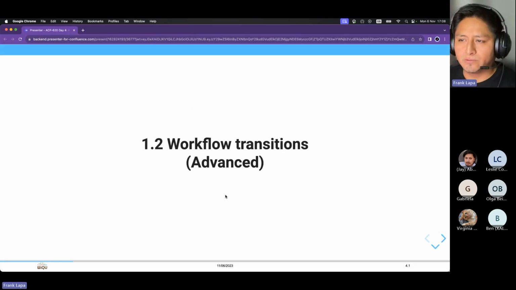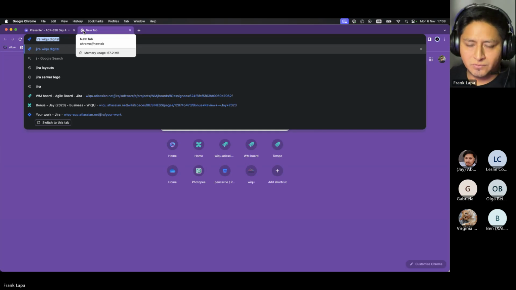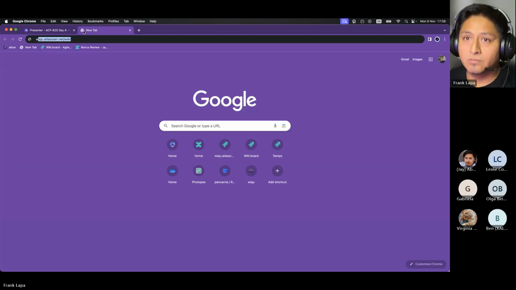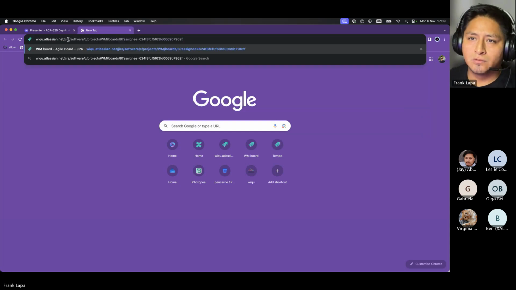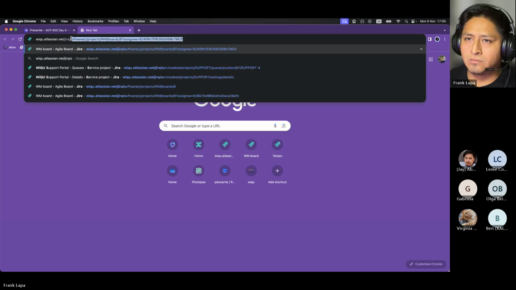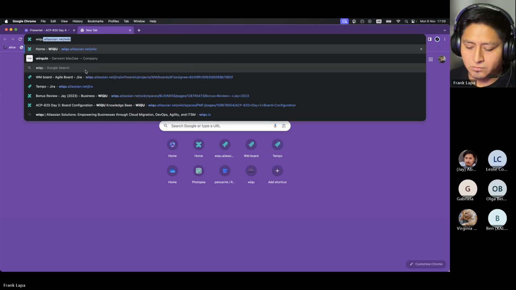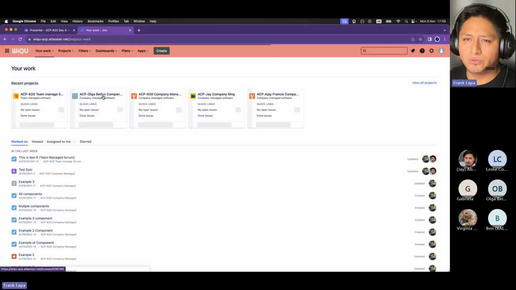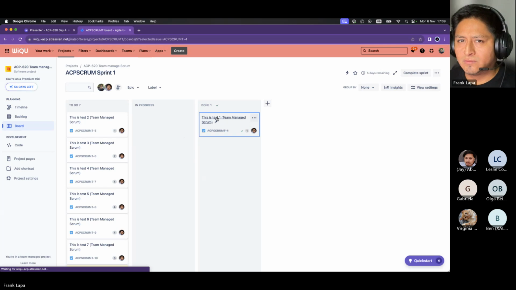The next concept is related to workflow and transitions. How to start here. Whenever we have a ticket, this is the theory. Let me just show you one example. Choose one of the tickets we have created. For example,